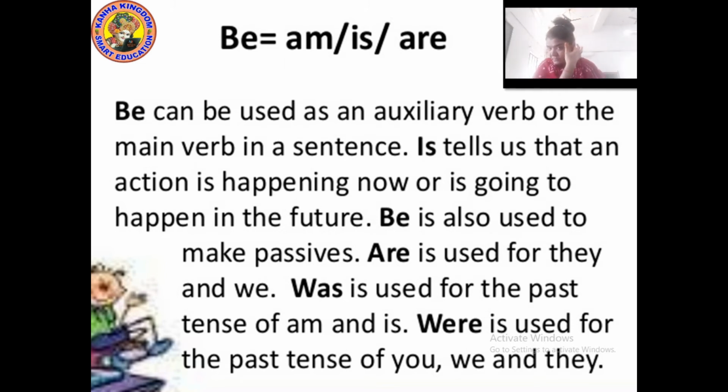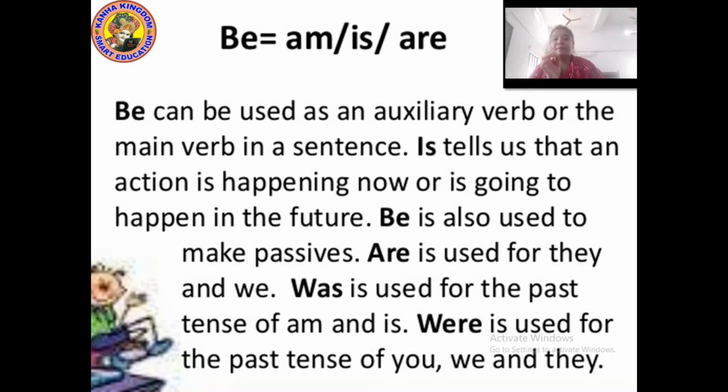Don't get confused. Is, am, are. Is and am are used for singular forms of the sentences. Are is used for plural form. If the noun is plural or the pronoun is plural, then we'll use are. Same goes for was and were. Was is used for past tense of is and am. I am sitting on the chair. Now if I want to change it into past tense, I'll remove am and I'll put was. I was sitting on the chair.